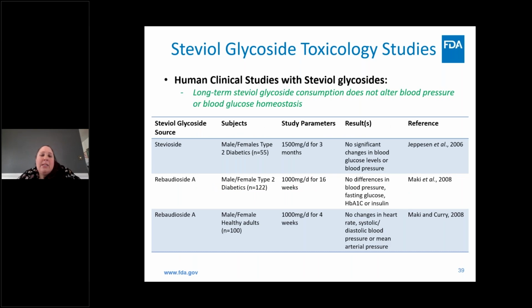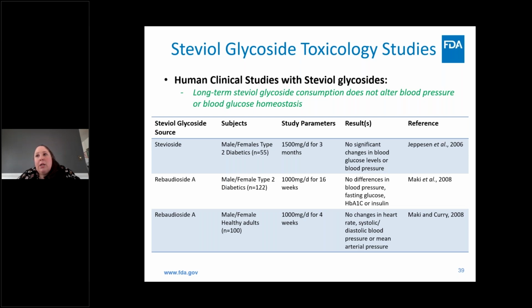So with the exception of some of the ADME studies I first presented, most of the studies on stevioglycosides that I've talked about so far have been done in animal models, but we're pretty fortunate to also have a good amount of human clinical study data with stevioglycosides. I can't possibly go through every human clinical trial that we have published at this time in the short amount of time I have today, but I've summarized 3 of the most frequently cited studies that were done really to address some of those initial toxicity concerns from the crude extracts related to cardiovascular and renal effects.